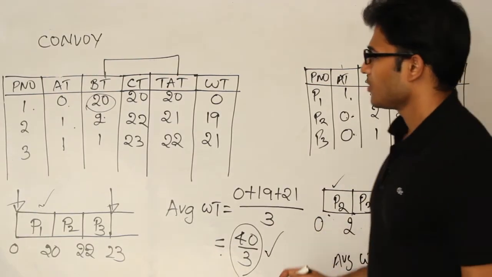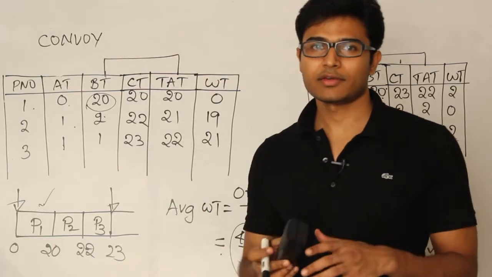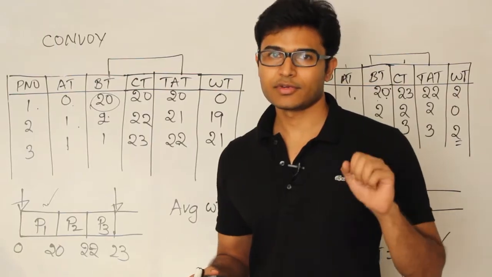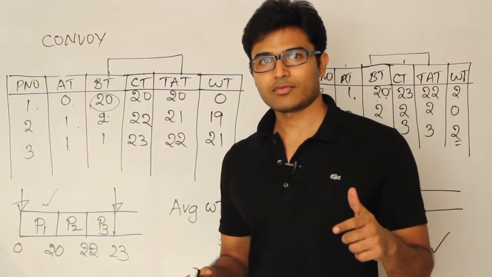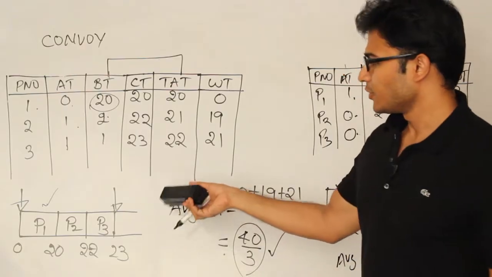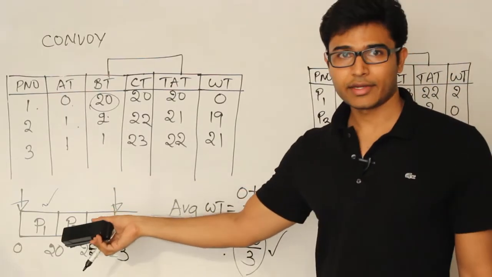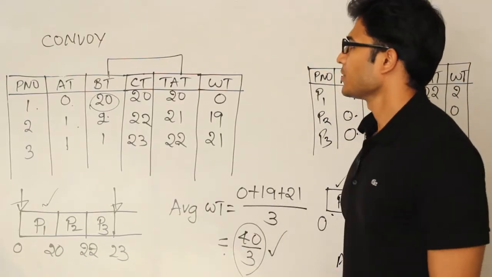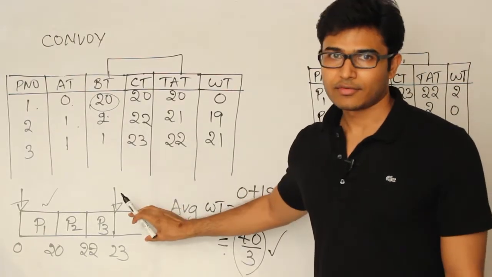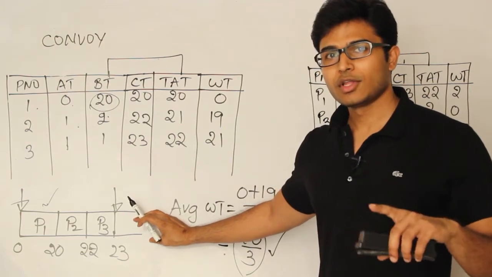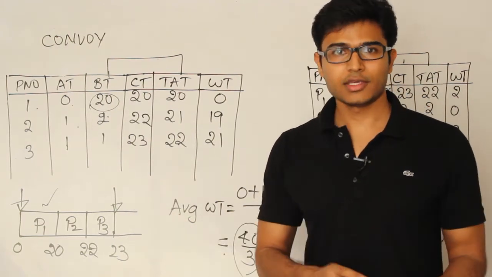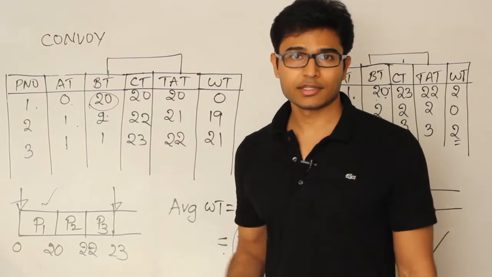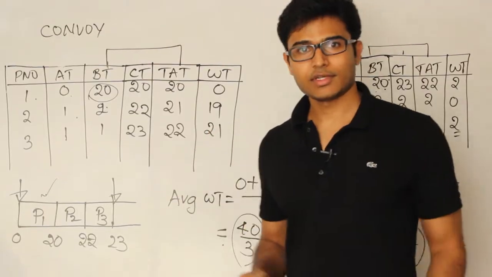So whenever you have a big process, the one with a very high burst time, and it arrives early in the initial phase, it is going to take a lot of time to finish, so during that entire time all the other processes are going to stop. This is called the convoy effect. This is the disadvantage of FCFS, and we are going to solve this problem by scheduling the processes which have lower burst times initially. That is nothing but shortest job first. We shall see it later.